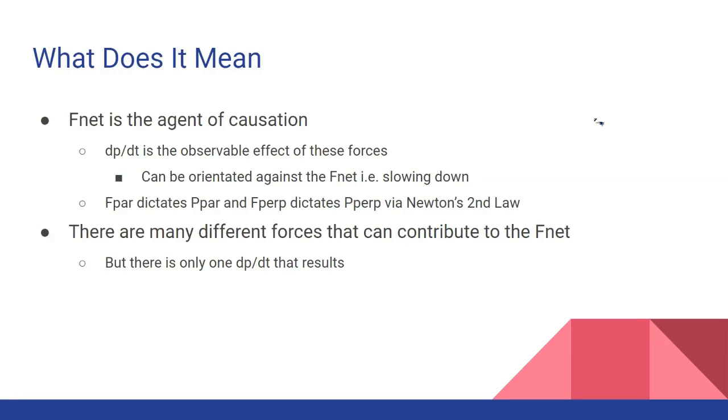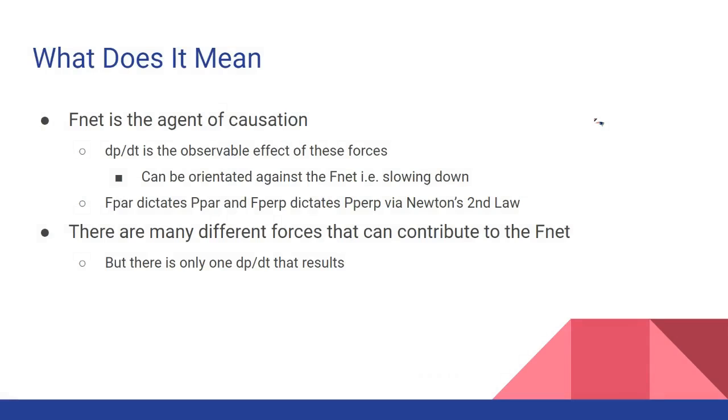The reason why momentum and net force are very closely paired is because the components of the net force are related to the components of momentum via Newton's second law. Therefore, they're very closely related, but in reality, there are many different forces that can contribute to the net force, but these are all only contributing to one change in momentum, because there's only one momentum per system, and that's the only thing that you can observe